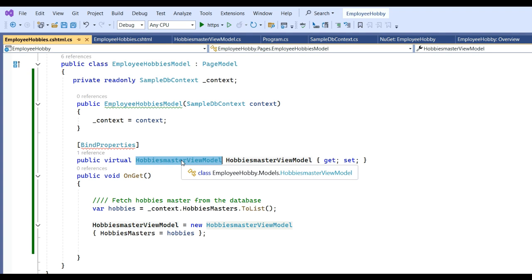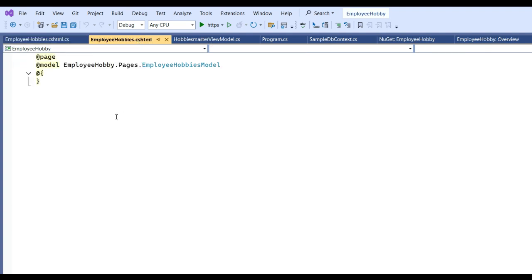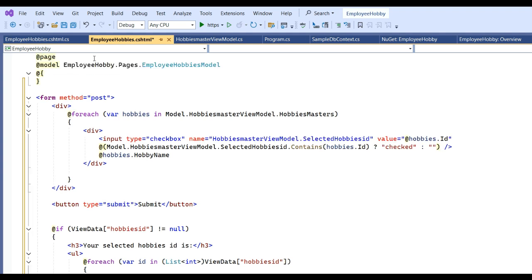After that we will write the code of the ledger page. Go to the directive page and directive models. Here I have written a form with method equal to post. Then you define an input of type checkbox with name equal to hobbies master view model dot selected hobbies masters, which will be the ID of whatever you have selected, and the value you can see is hobbies dot ID,